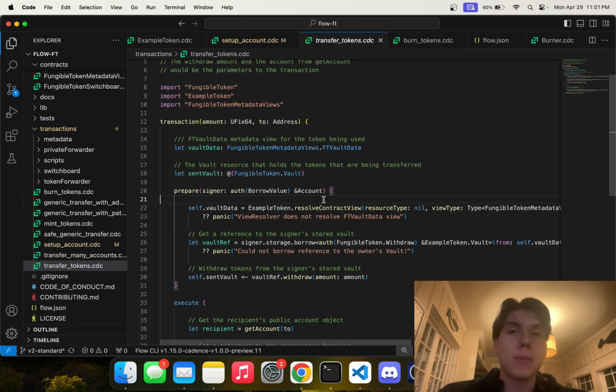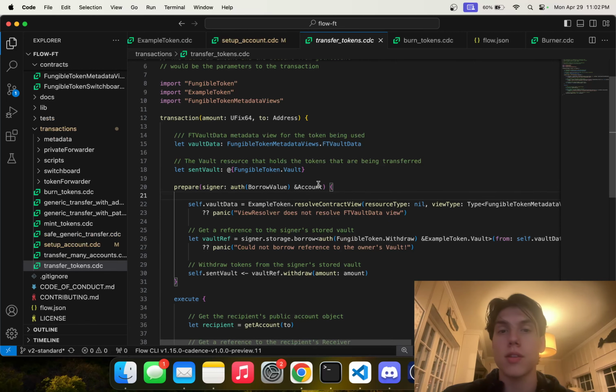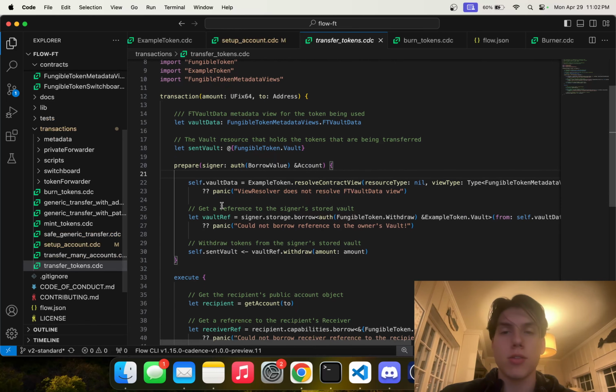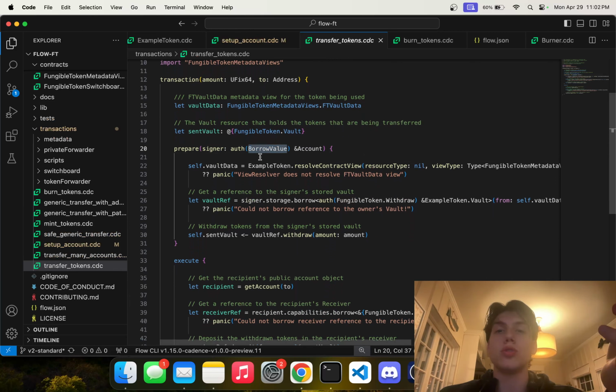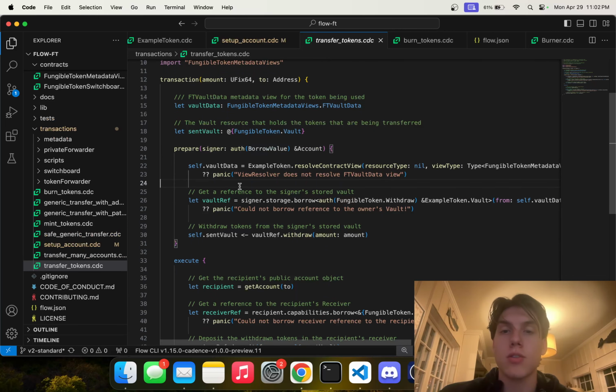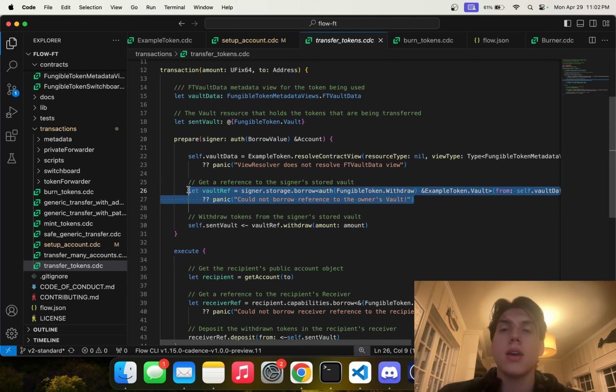I know a lot of people run a transfer tokens transaction when they're transferring Flow token to their friends, or they're transferring Sloppy Stakes or whatever token that they're transferring on Flow. This is that transaction, and so again, there's a signer. That's you transferring to someone else. We have borrow value here. That will simply allow you to borrow a type from your account. In this case, it's our vault. And so we're borrowing the vault, and then we're withdrawing the amount, which is the sent vault,